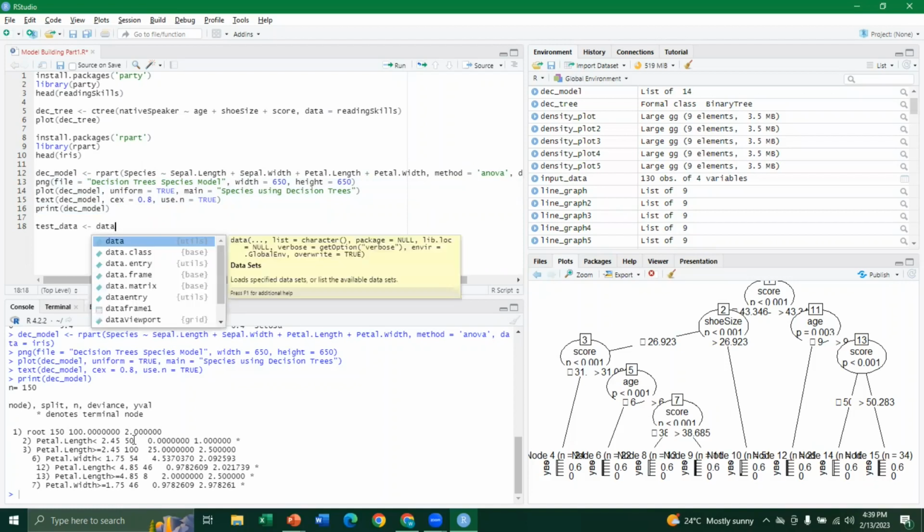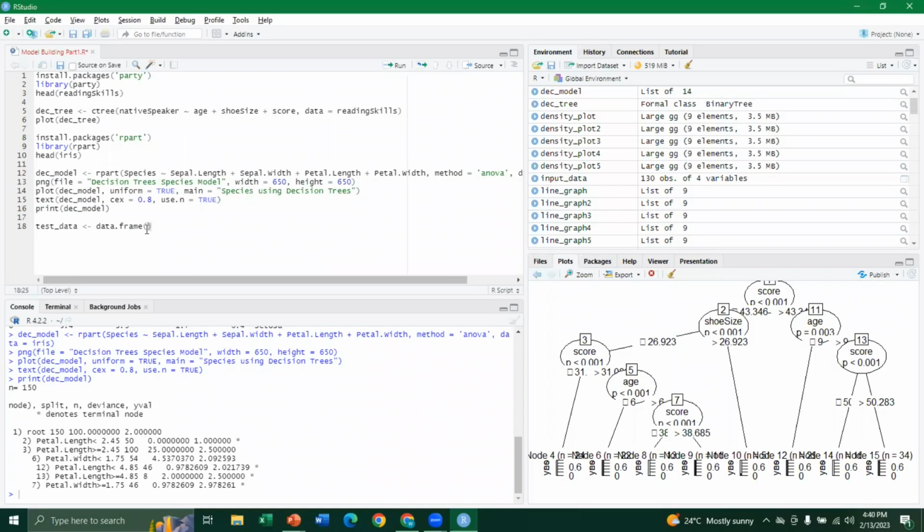I will say data dot frame, and first of all I will say sepal dot length equals, let's give a supposed length of 4.1, and sepal dot width equals 2.4, and then I say petal dot length equals 5.5, and in the last I say petal dot width equals 2.5,